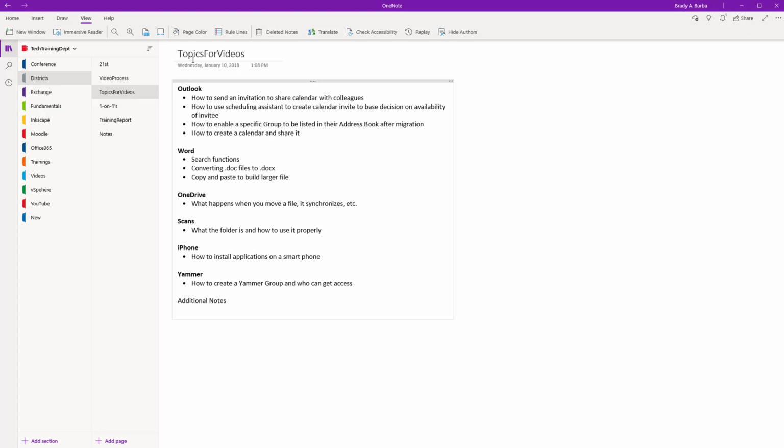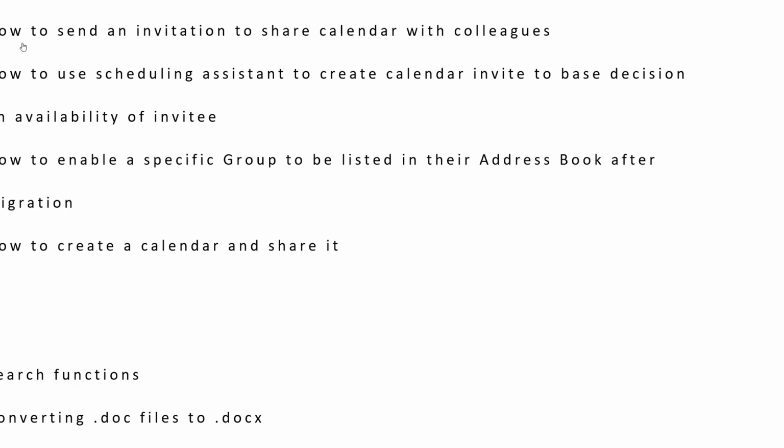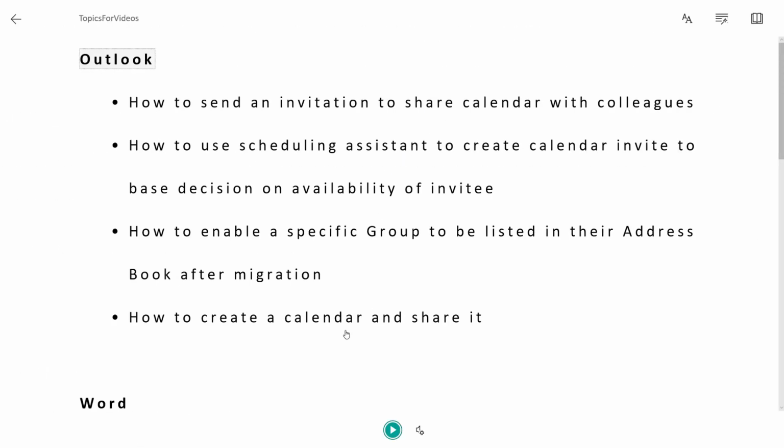So we got topics for videos. Probably haven't done any of those yet. If you click on this Immersive Reader, what it will do is it will throw up full screen. Let me see if I can resize this. There we go. So you can see here, Immersive Reader will take, say if you wanted to take a break